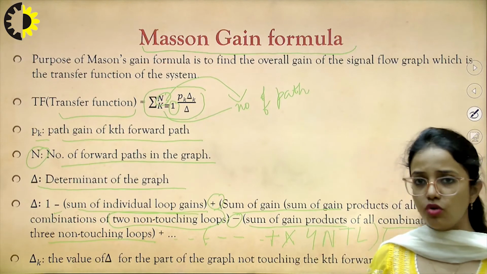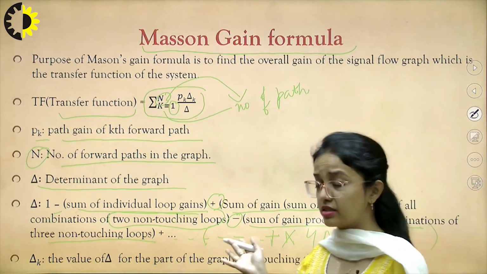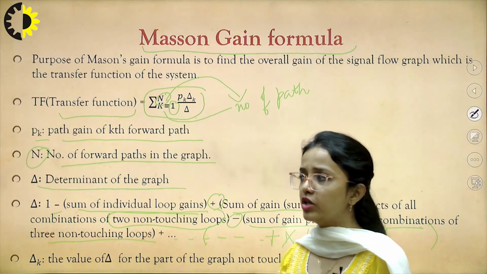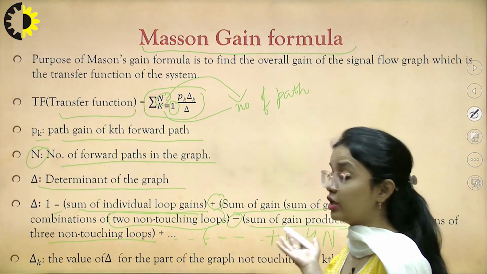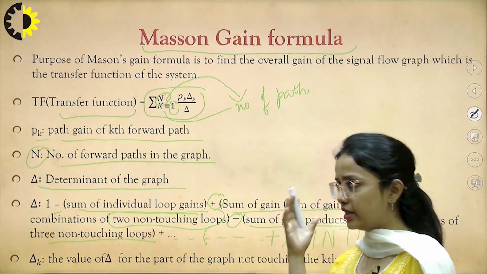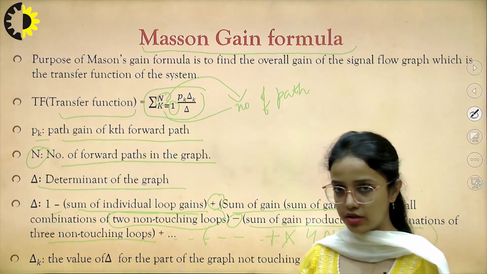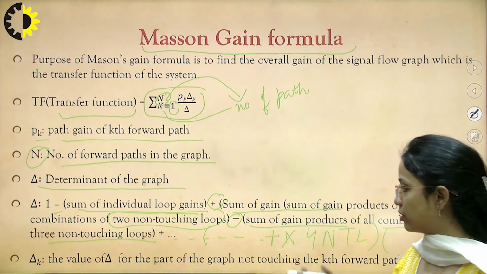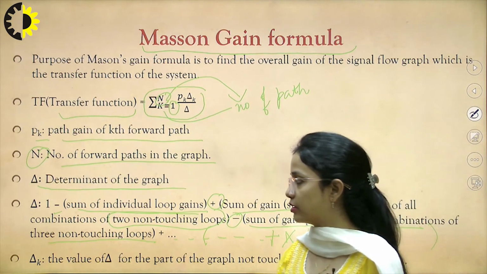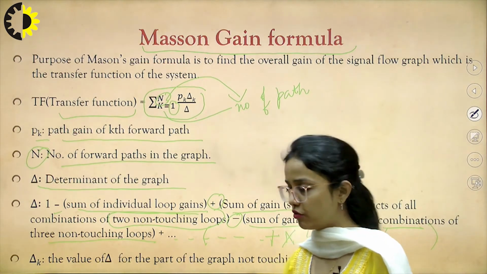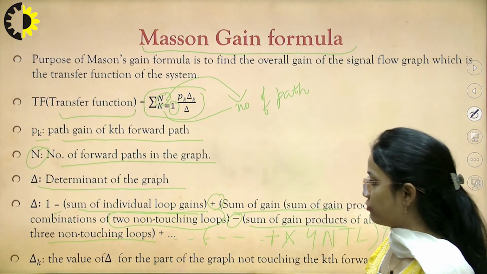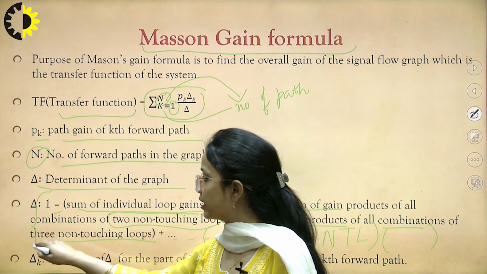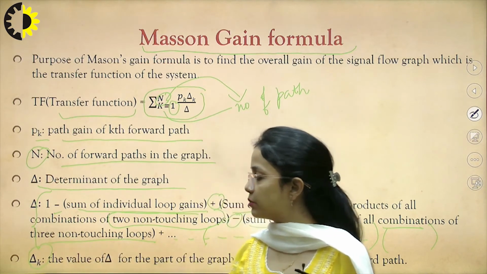So why do we say "and so on"? Generally we do not extend up to this, because the problem itself will not have this many loops. So we do not end up coming till this point. That is the extreme case. I don't think there will be any such case in the course curriculum which we are following. We will understand the calculation of del and del k more when we apply it to some numericals.